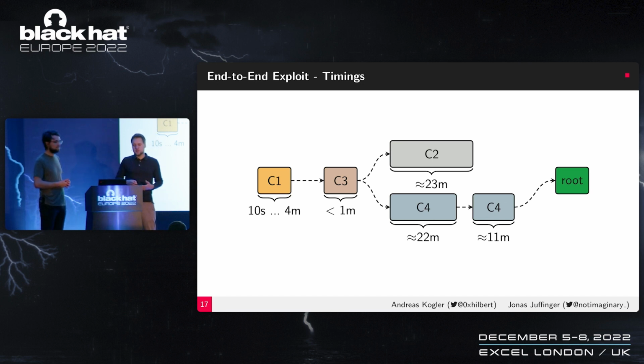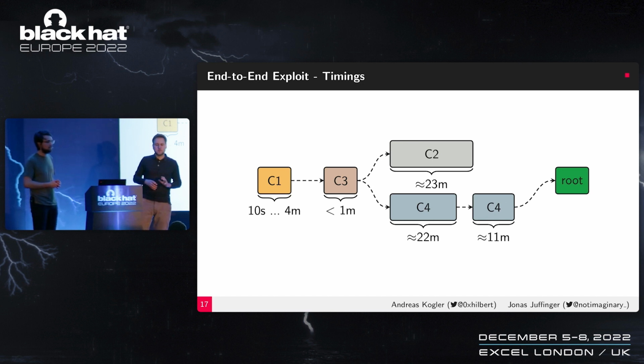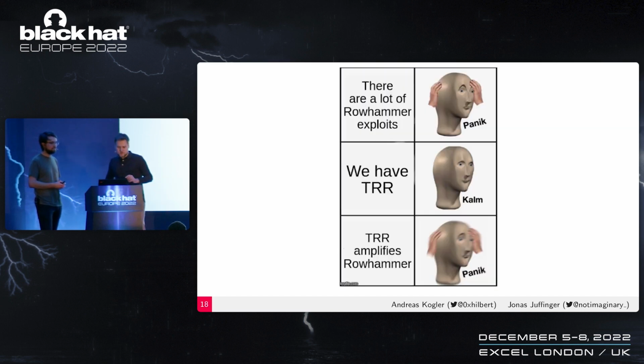this end-to-end exploit. And we will now focus a bit on the longest part, the C2. That's basically the hammering process. So it takes on average 23 minutes across multiple devices to get a flip. And we will now demonstrate that with